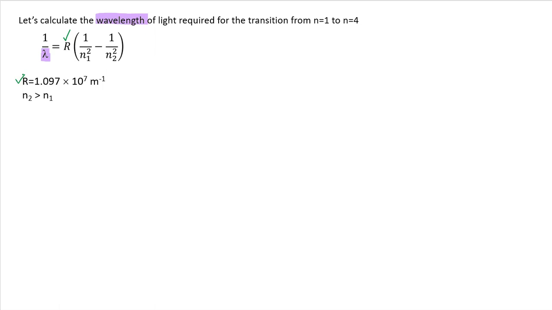We have to figure out where n1 and n2 go. One of them is going to be 1. One of them is going to be 4. And rather than trying to memorize that the bigger number goes second or whatever, let's just try to figure it out, okay? So I told you again, the key: this cannot be negative. So we're going to have 1 over the wavelength is equal to the Rydberg constant, 1.097 times 10 to the 7th meters to the minus 1 times